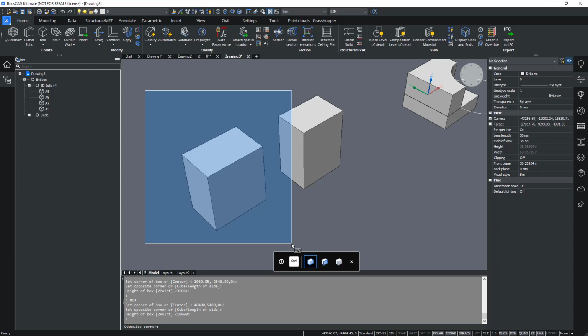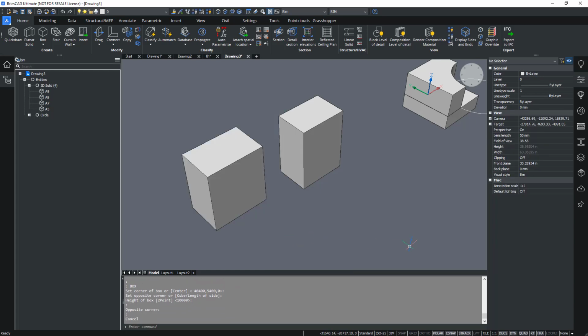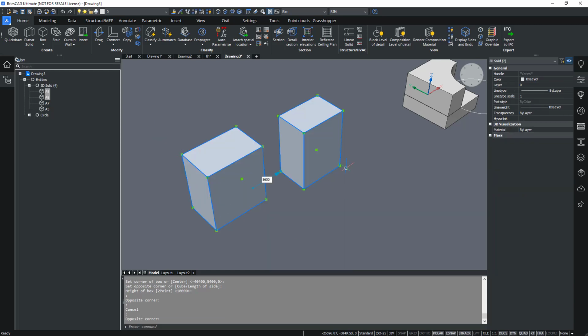So in this case, the second box will not be selected. If you select from right to left, on the other hand, then everything which crosses this window or is inside this window will be selected. So in this case, the second box will be selected as well.